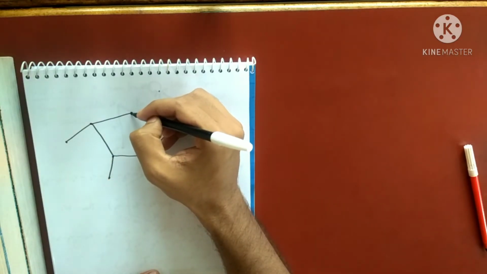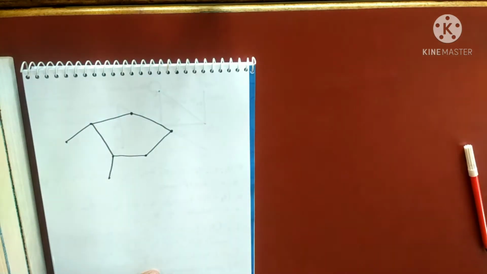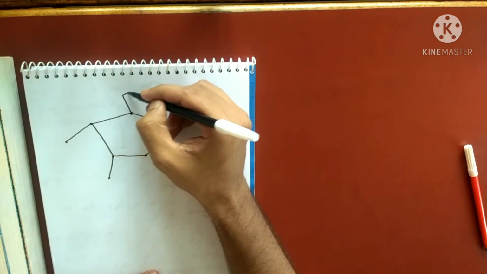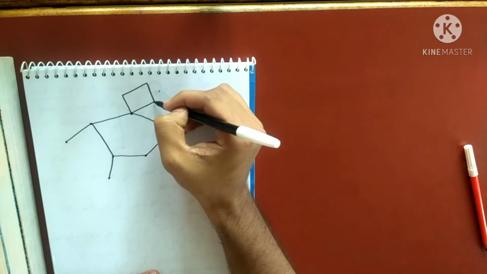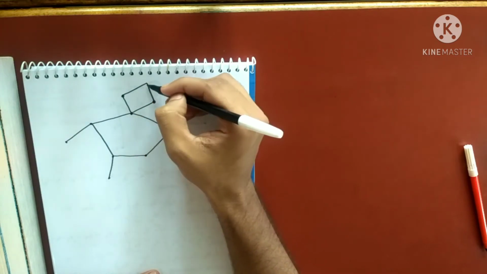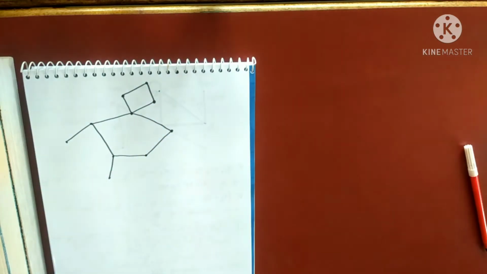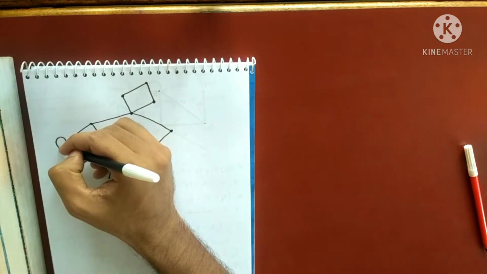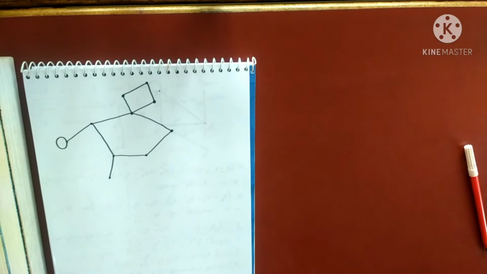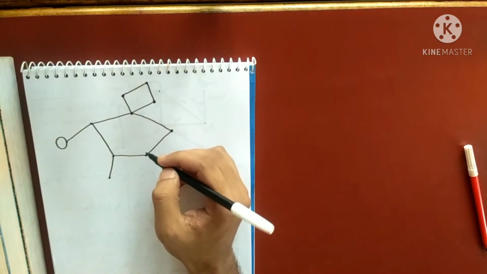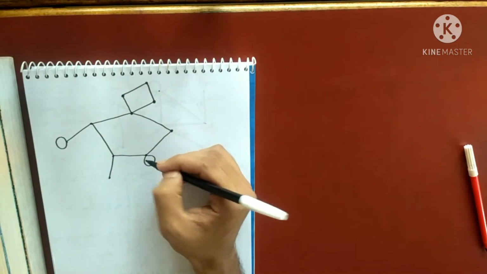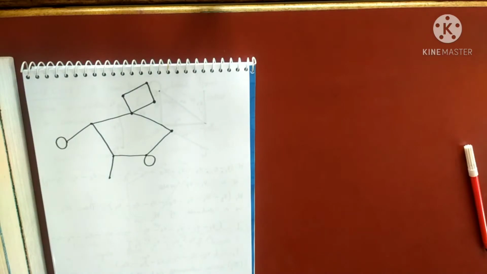These are all vertices, okay? And then another one. So I'm talking about this graph, okay? And there is a circular loop here. There is a loop here, okay? Let me name this graph.